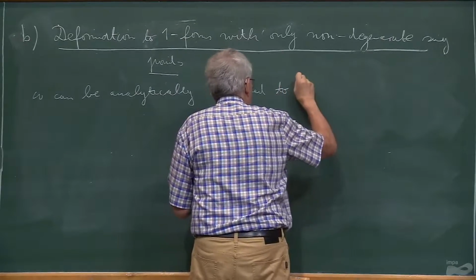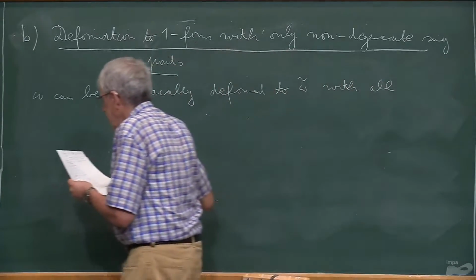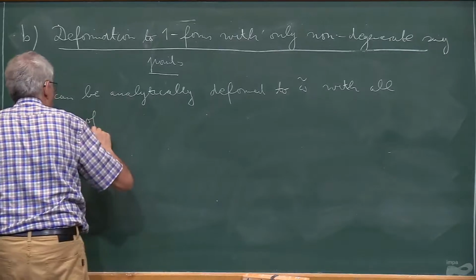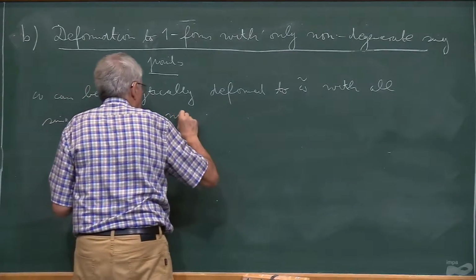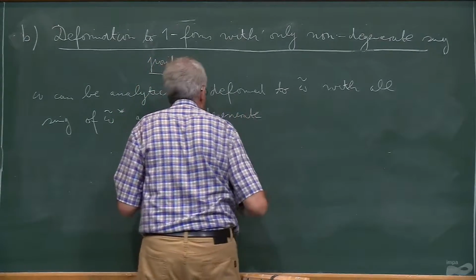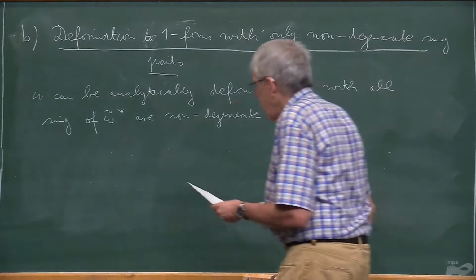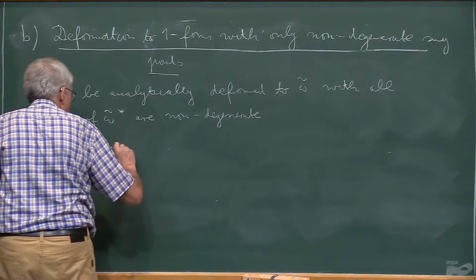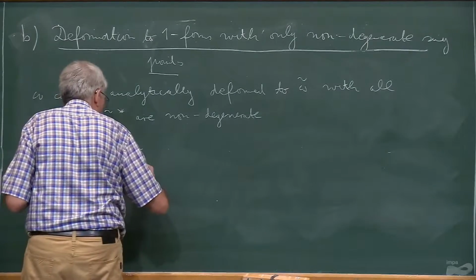to omega tilde, such that all singular points of omega tilde star are non-degenerate, except those which split from the origin. Non-degenerate means, of course, this A1 type singularity. So if omega is such a non-degenerate form, then the Milnor number is equal to 1, so the dimension of omega star is equal to 1,